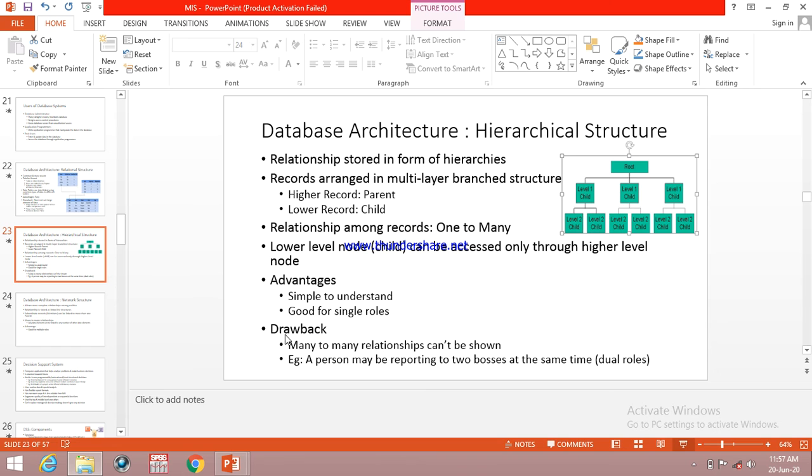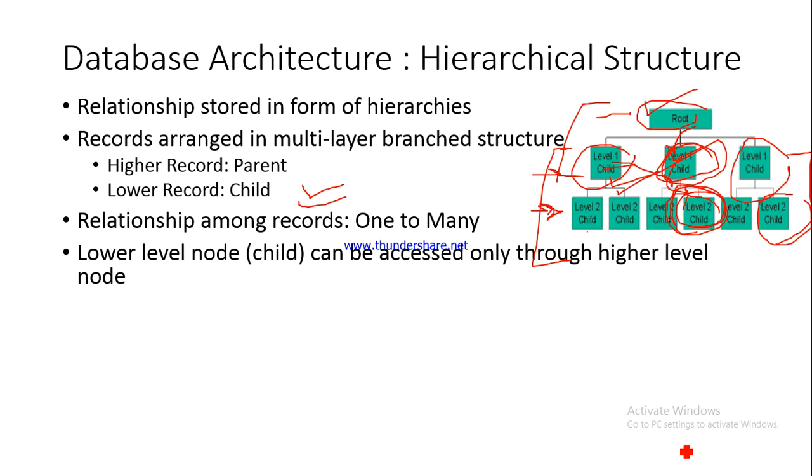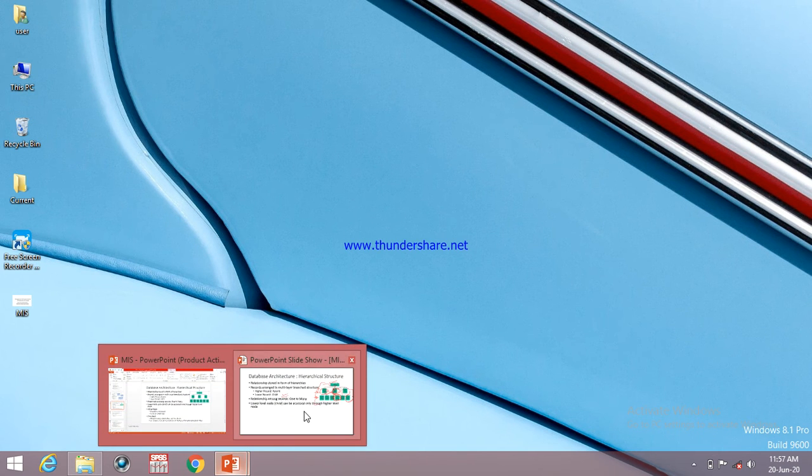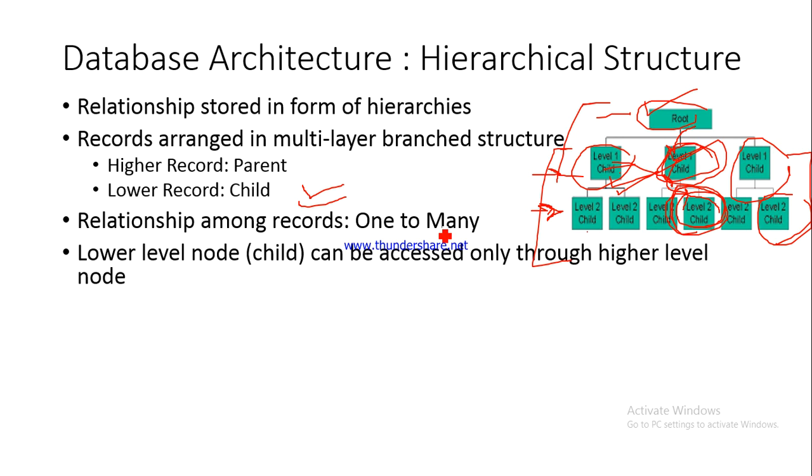We'll understand the problem first. The problem is many-to-many relationships can't be shown. So it is very difficult to show the many-to-many relationship. Now what do we mean by many-to-many relationship? Just a moment. Here the relationship is one-to-many, right? One parent and many children. However, if the same child has two parents,